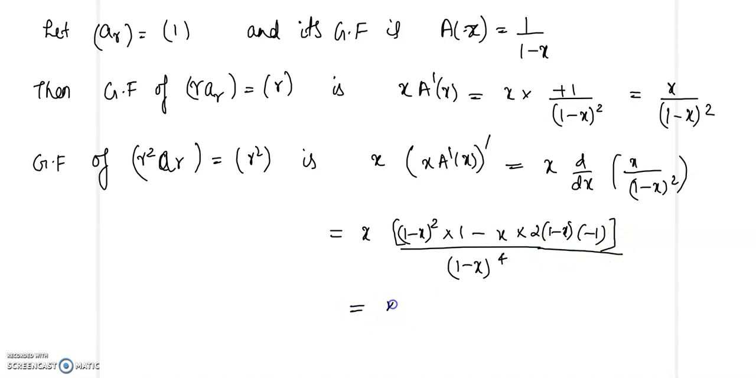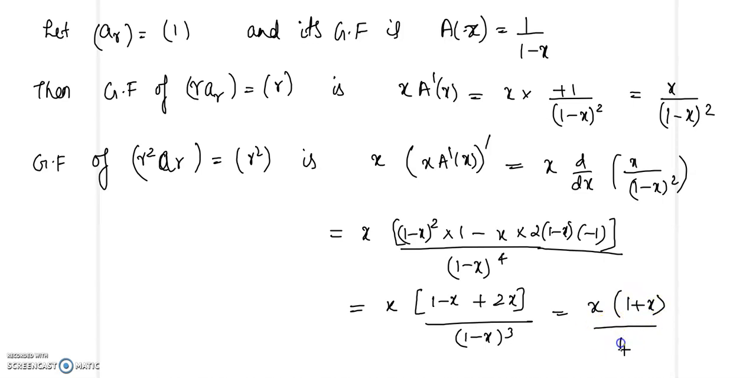So that will be equal to x into 1 minus x plus 2x by 1 minus x whole cube. So that will be x into 1 plus x by 1 minus x whole cube. And